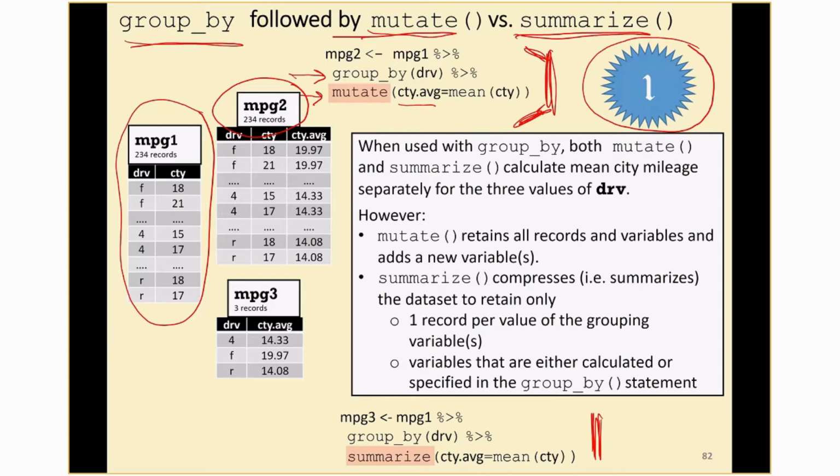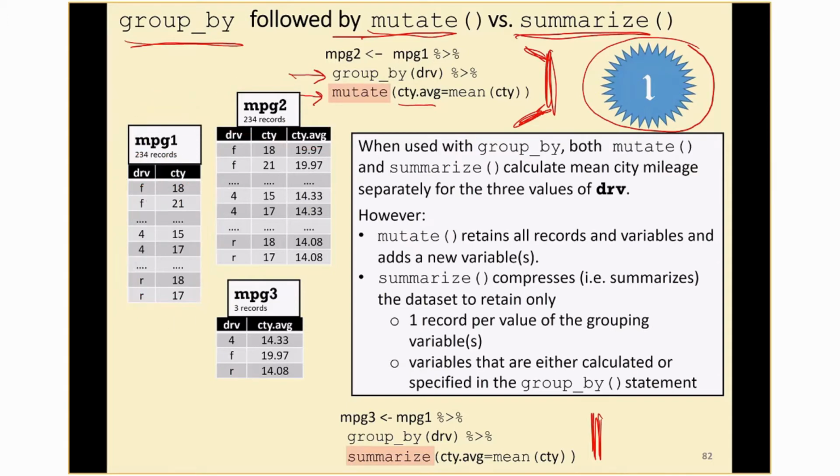Well, it's going to have all of the records of the original data frame. So MPG2 is going to have all the records of MPG1. How many variables is it going to have? It's going to have the initial variables of MPG1 and whatever new variables are created by the mutate function. So it's going to have this additional variable, city average, created by the mutate function. But the point is,